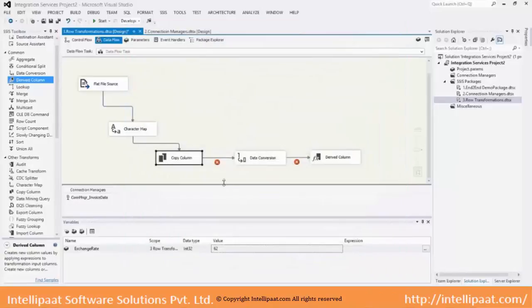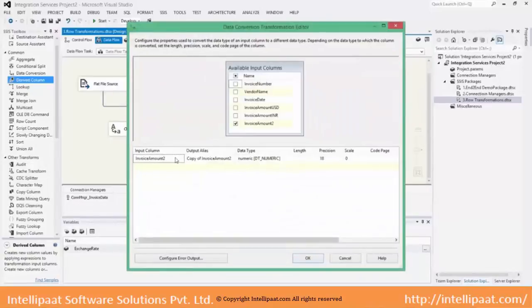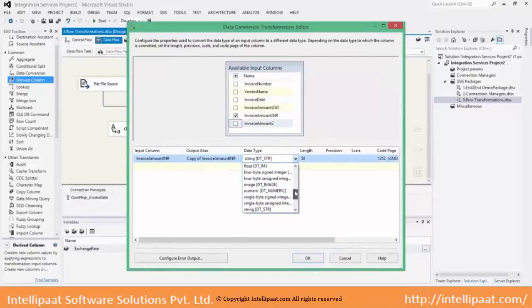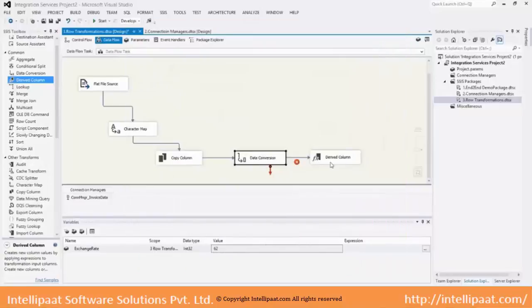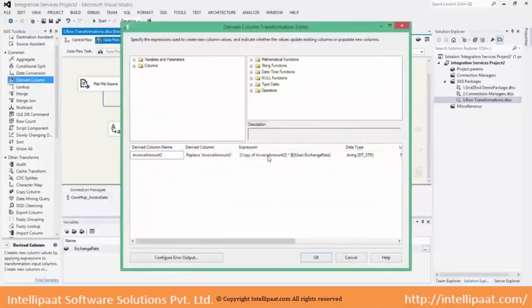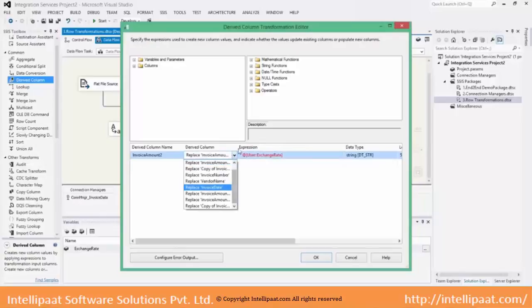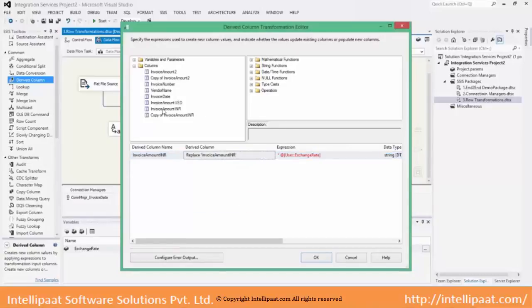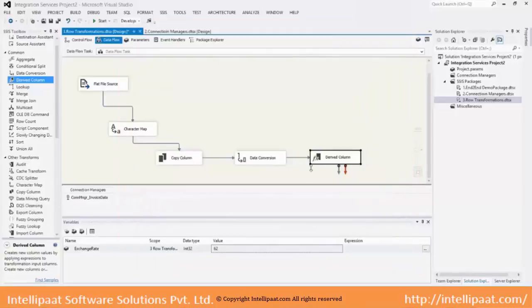Right now it is only a replica, but I'll select INR and that will be changed to numeric, and here we'll replace invoice amount INR with copy of INR into 2. Okay.